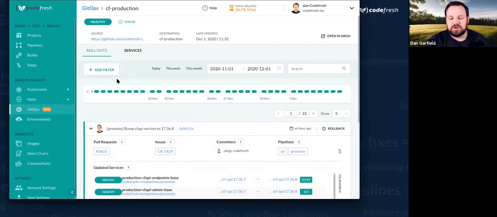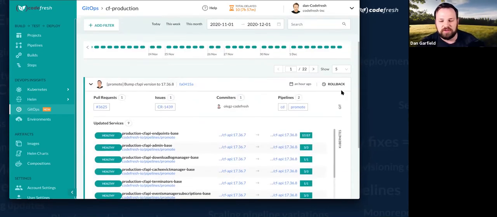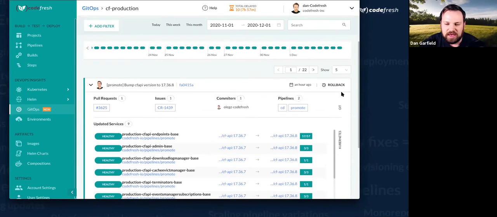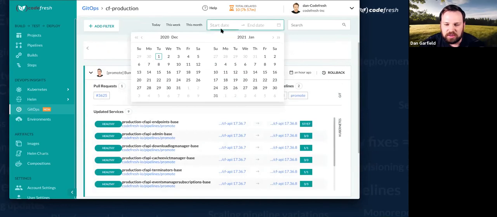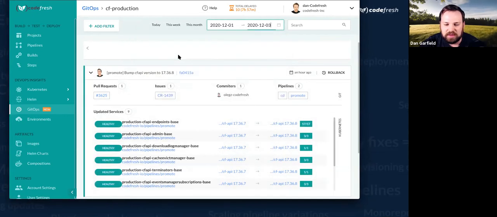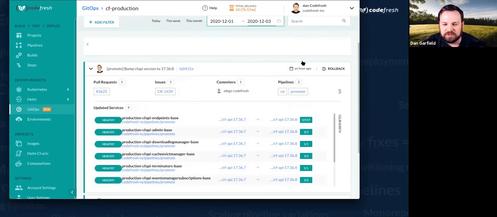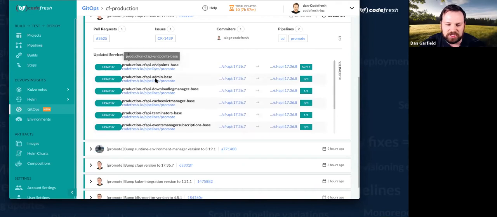So you can see how this is actually going to help me solve those problems really quickly, because as I have the time frame of when an issue occurred, I can actually identify all of the releases that have happened in that period, and drill down exactly to what's going on. And you can see this is actually managing dozens of services.